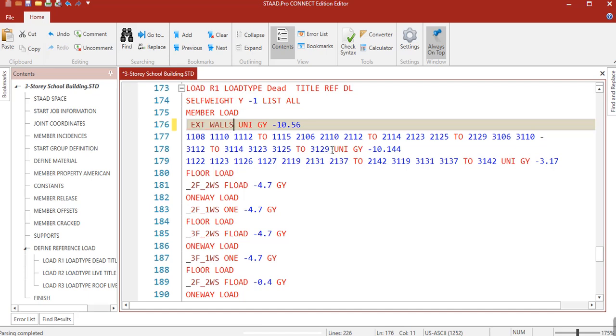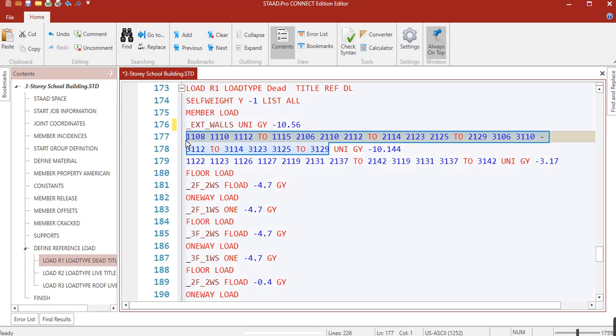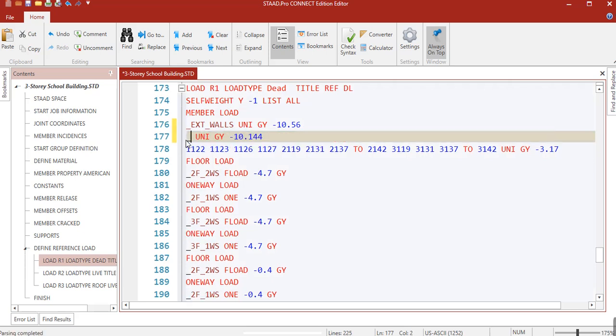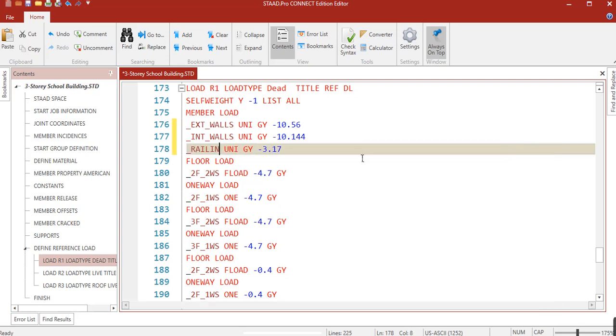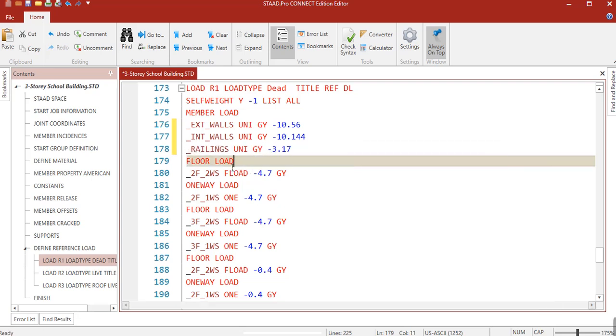This is for the interior walls, so underscore int walls. Make sure that it has the same group name as what you defined here. This is for the railings, so you can just delete that and insert railings.